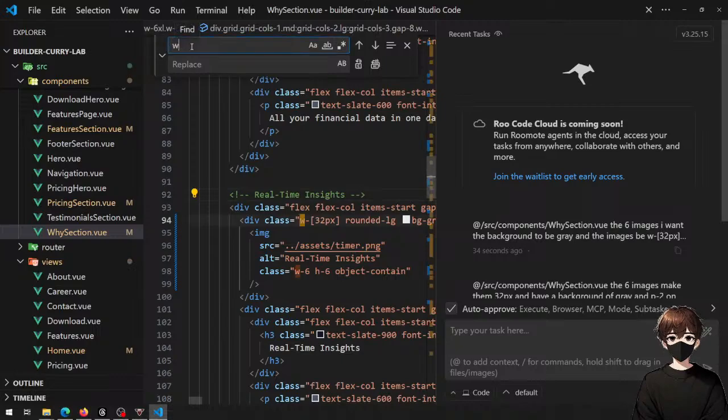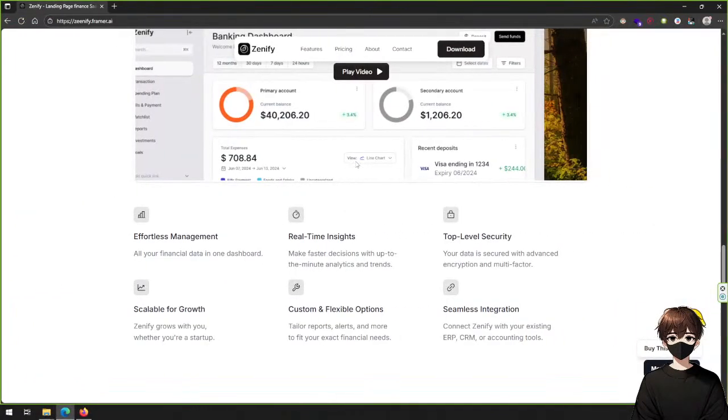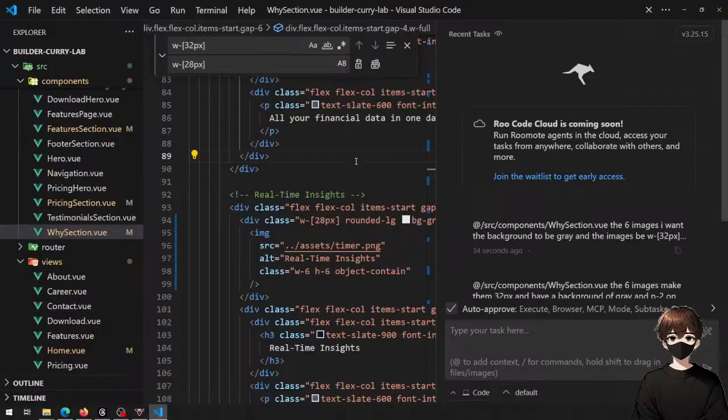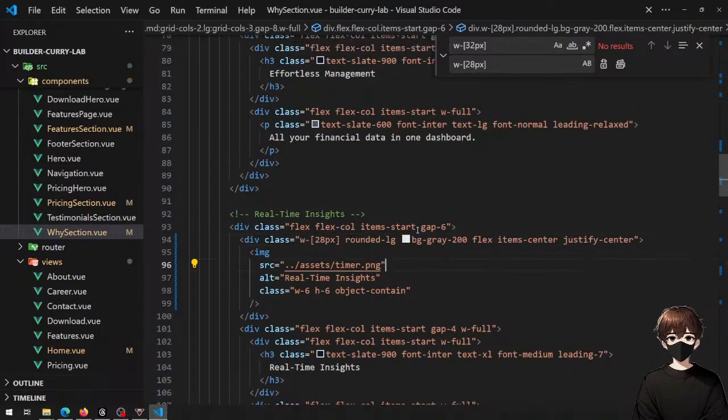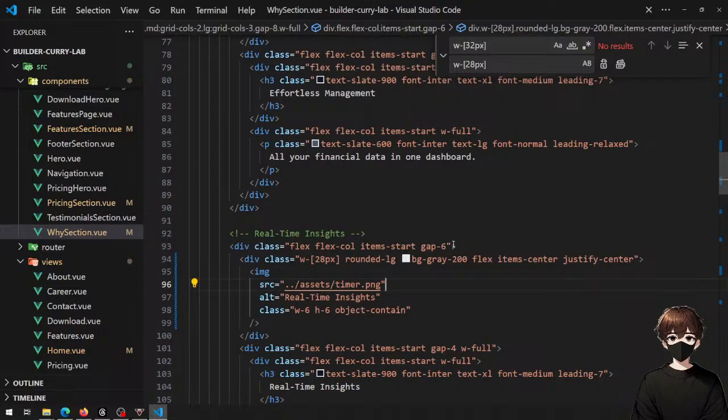So we're gonna replace width 32 pixels with width 28 pixels for each of them. Let's see. That's better. Now we have a little bit of an issue, so on top of each